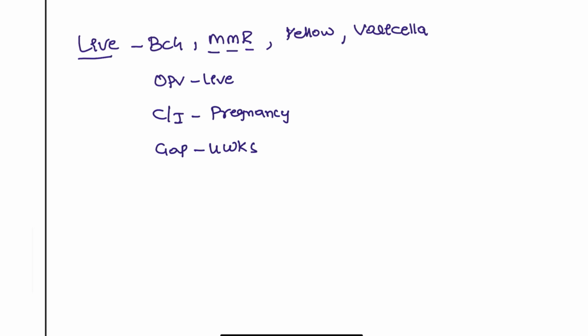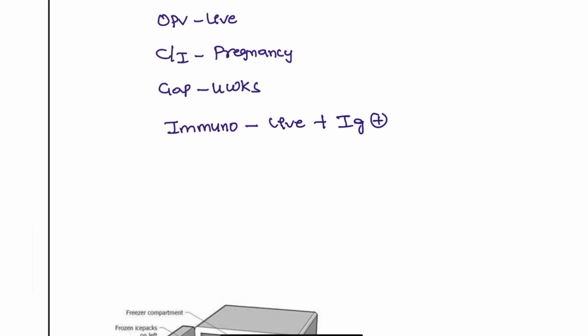And in patients who are immunocompromised, you can give the live vaccines, plus you also have to give immunoglobulins for these immunocompromised patients. Next, killed vaccines are hepatitis B, tetanus,